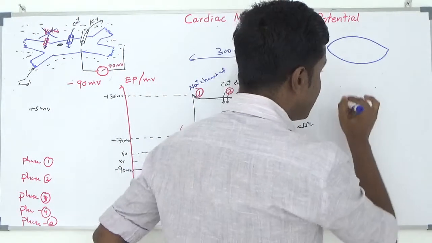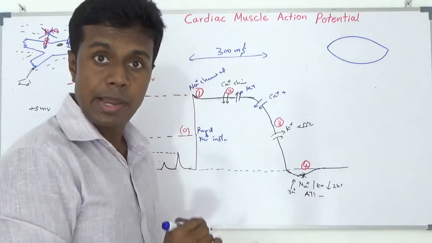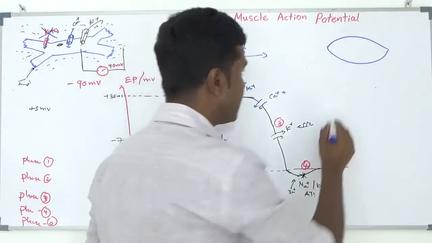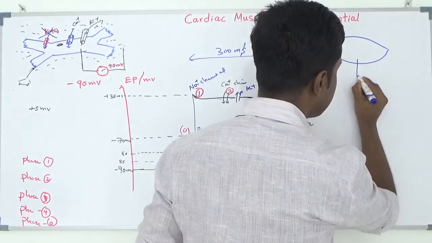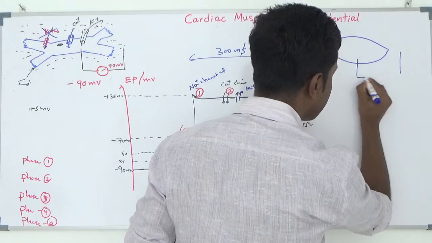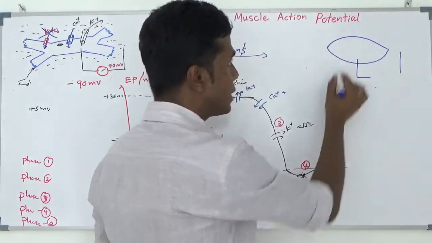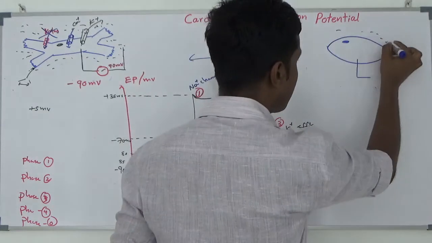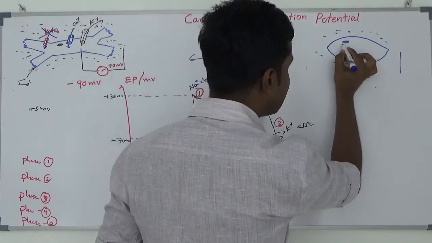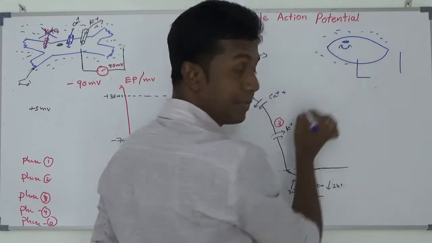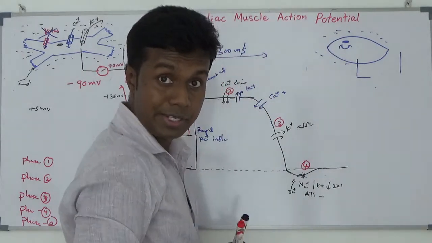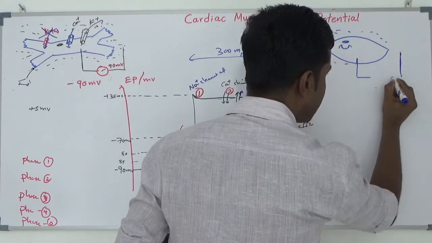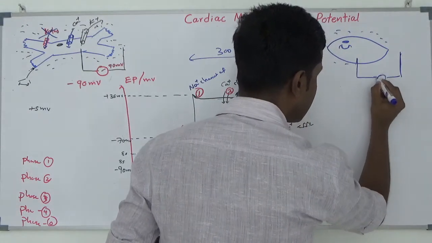What I am going to do is the same experiment on the SA nodal cell as well. First, I take the SA nodal cell to the outside. This is the nucleus. This is your extracellular fluid. The cell lives happily in your extracellular fluid, because extracellular fluid is very compatible with your cell. Here is your electrode inside, here your electrode outside, here your bulb.